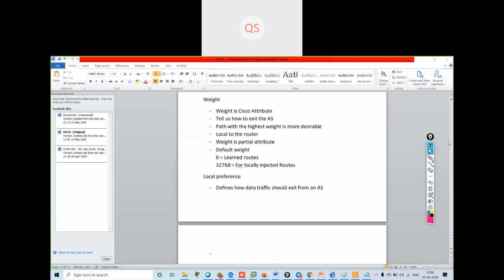We have multiple attributes, and we have seen some types of attributes with their tree structure, but we have other attributes also like local preference, and we have something known as the weight attribute.